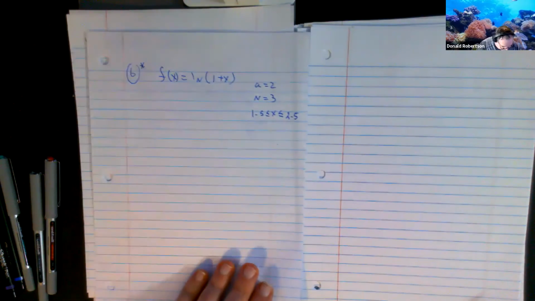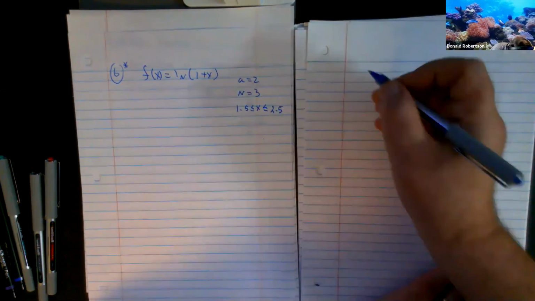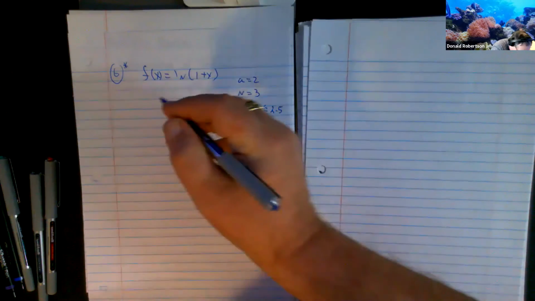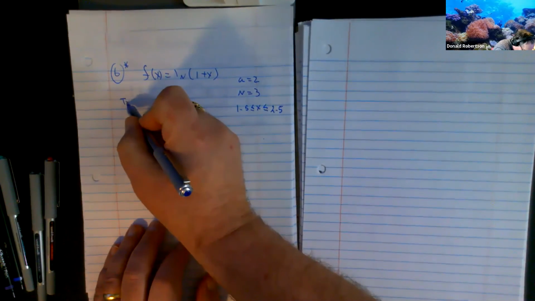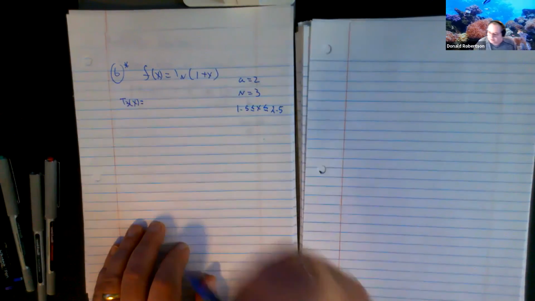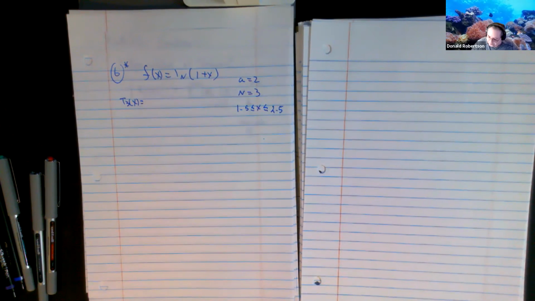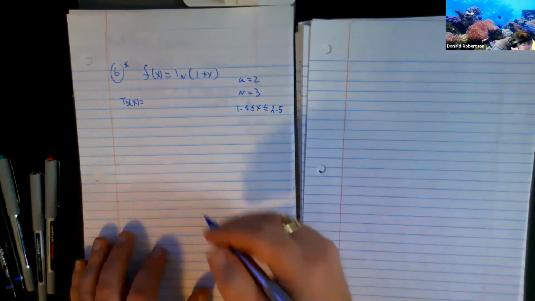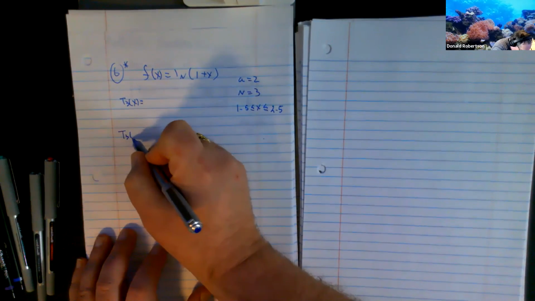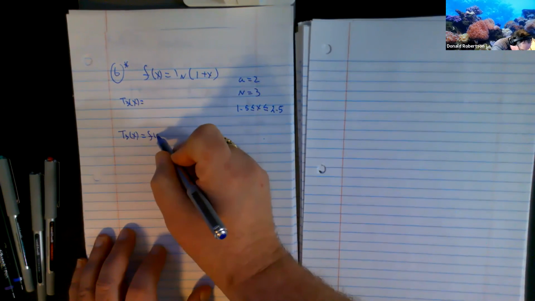Okay, I'm going to keep that there, and I'll start my workload. Since we're finished, isn't it T3 of x? Right. And so I should put it a bit lower. That means we're going to find f of a,